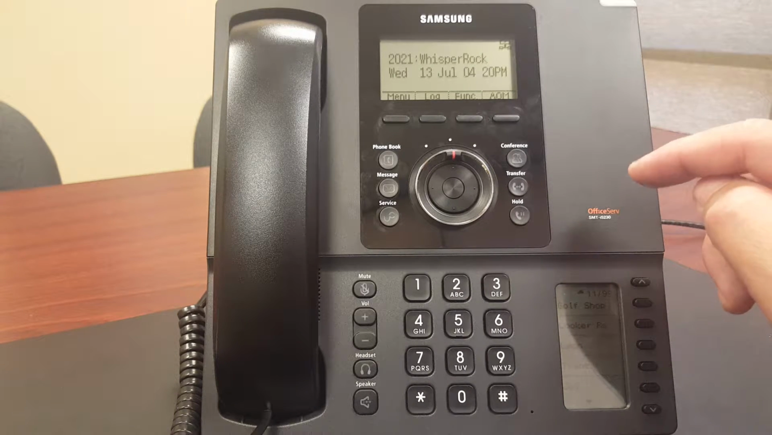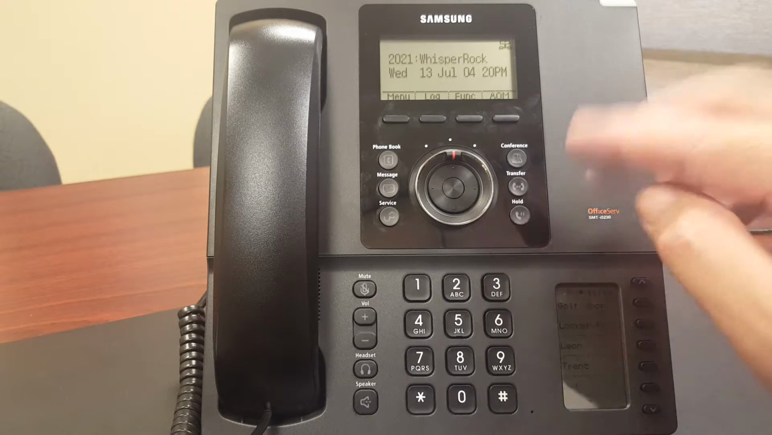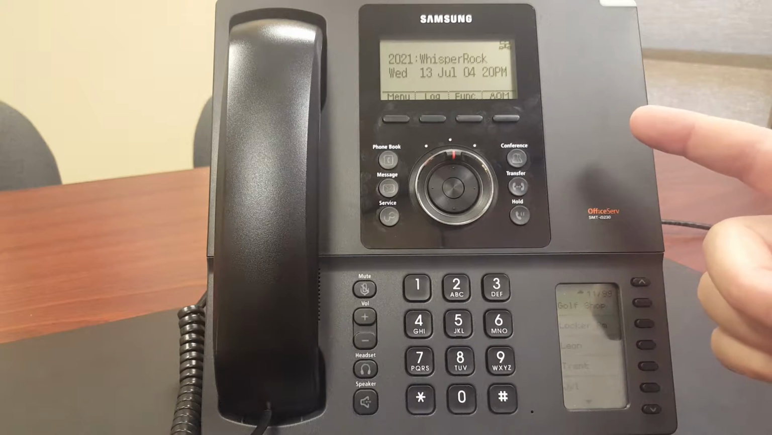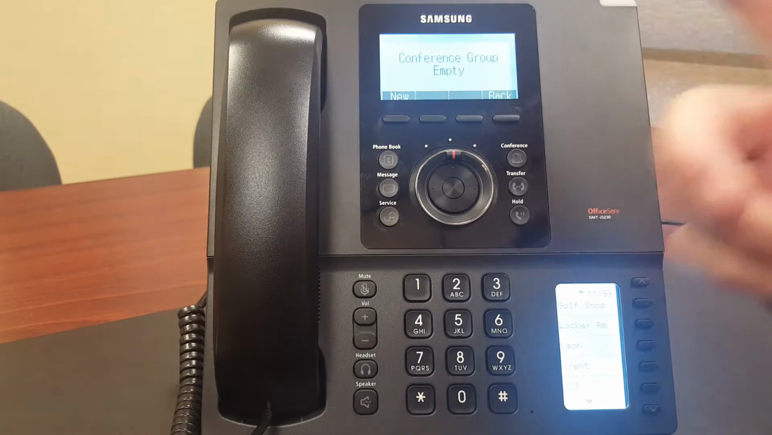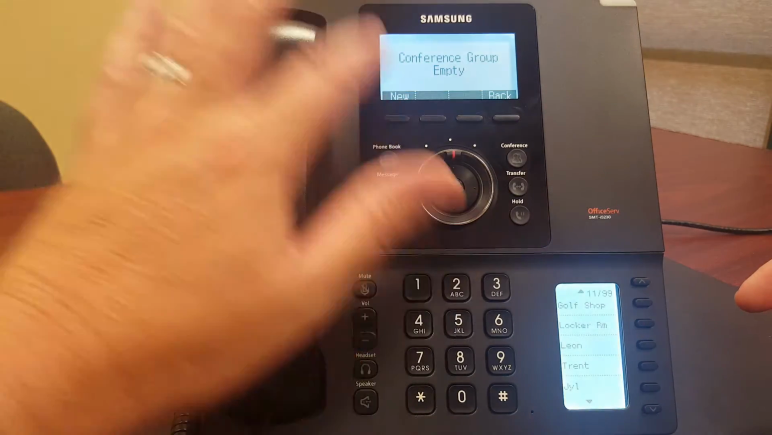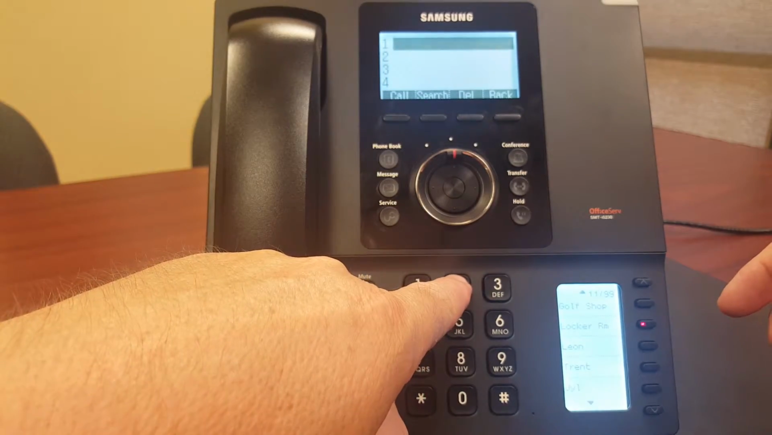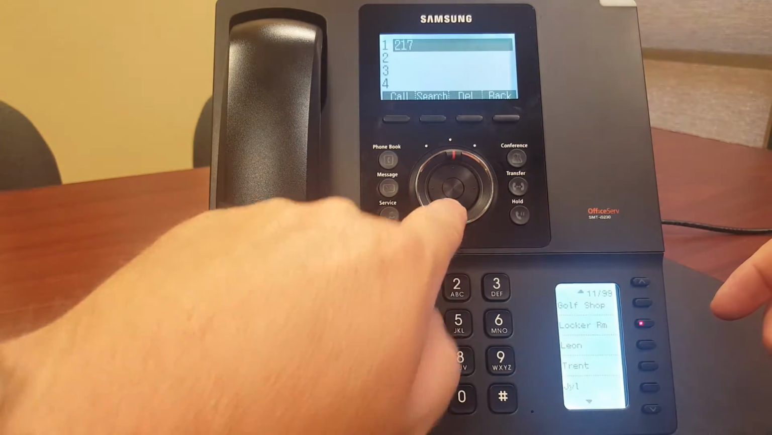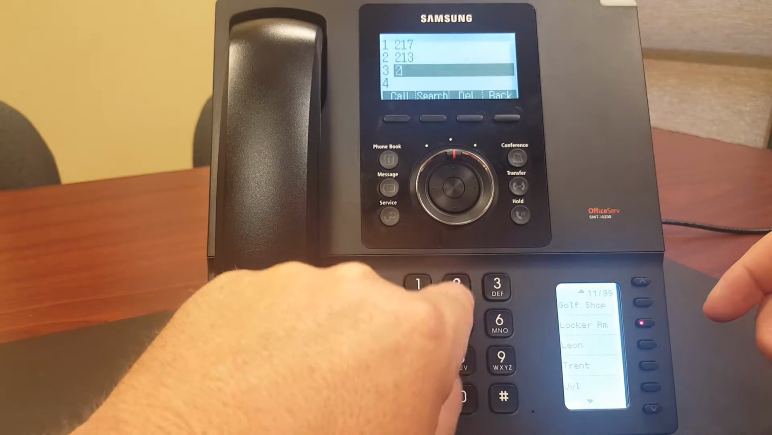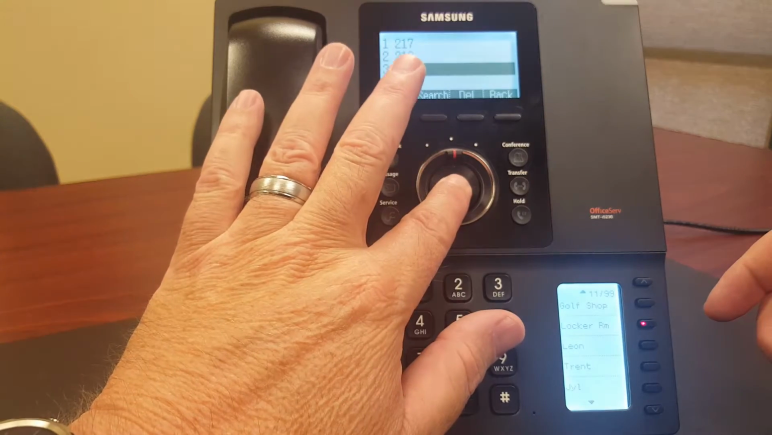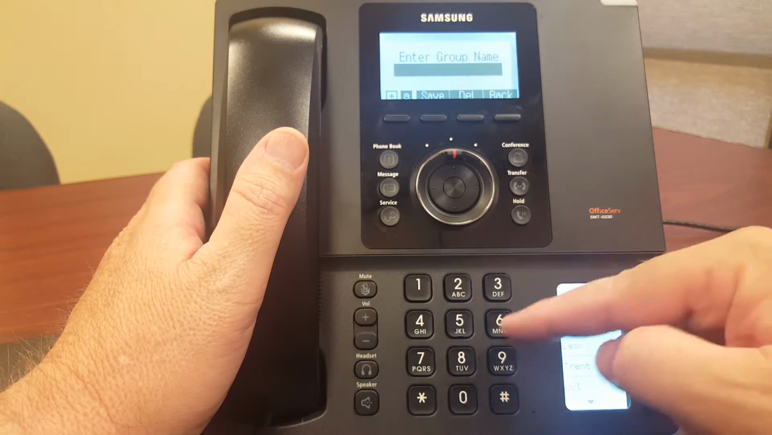And then the last thing I wanted to talk about is this pretty cool feature called Preset Conference Call. So if I've got my phone here sitting idle and I wanted to call several people at once, I can push my conference button. Right now I don't have any conference groups, new, and I can tell it up to 4 extensions that I want to call. So I'm going to say extension 217 and extension 213 and extension 222, okay? And then on this last one, if I press enter, it will ask me to give it a name. So I can call this